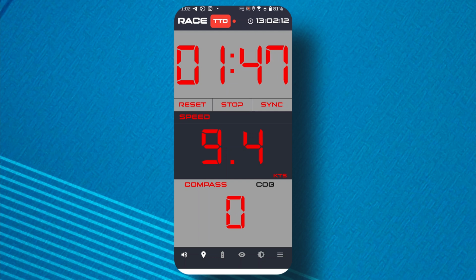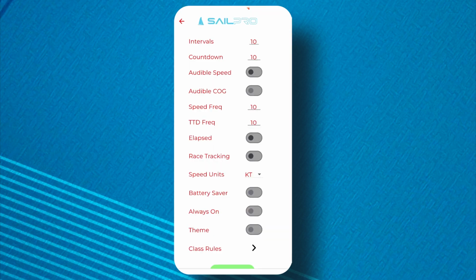All right. And so it's going to call out the boat speed every 10 seconds, all right? You'll also notice that we've got a course over the ground of 0, but we're not calling that out. So if we jump back into the settings, we can see here Audible Course Over Ground has been turned off. We'll turn that on, we'll save it,